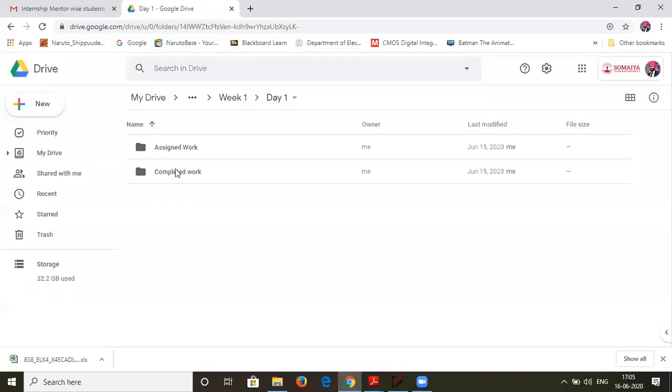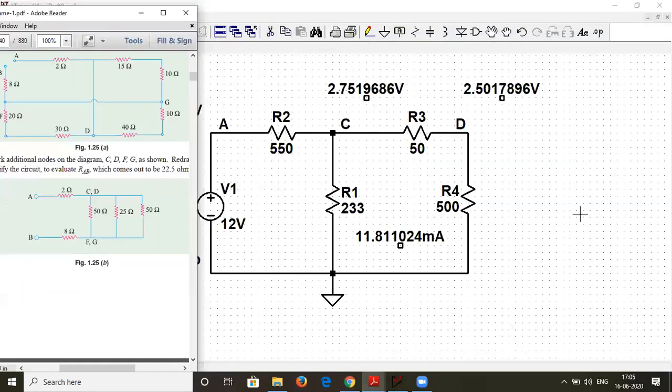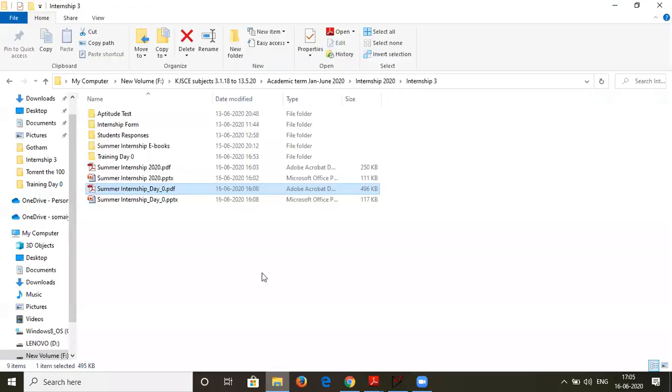So the completed work, every day's work, you need to upload it over here. Now, before uploading, you need to get it evaluated from your respective mentors. So is this evaluation process and digital workspace and how to upload it, it's clear to you, everyone? Sir, in what format should the handout be? In what? Sorry? Format, like the format of the handout. Yes. I'll just show you a format, a simple example.